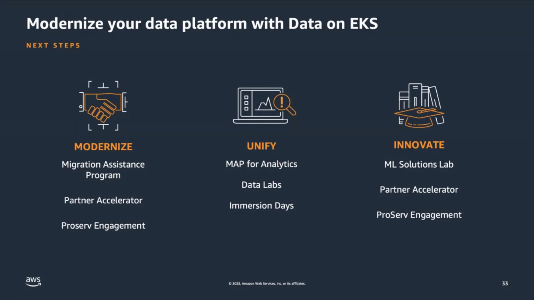One is through migration assistance, what we call MAP, where we'll provide different funding alternatives and funding assistance to make it easier to move. We're also aligned with a number of different partners, folks like Starburst and Databricks, to do a number of implementations. It could be Trino, Cassandra, or Spark. So we have a list of partners available to help, depending on the domain technology, or even in the implementation of a data strategy.